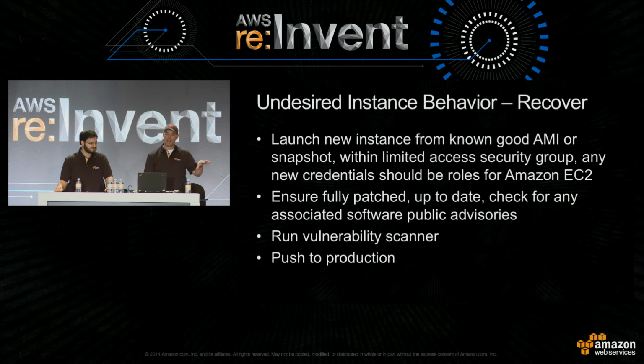Just because you've done the patching process, just because you've run, whether it's yum update, apt-get upgrade, et cetera, that's not just enough. You need to go out and understand what application this EC2 instance was running. Can I find more information about that on the internet? Is there a public advisory right now associated with my particular application? Are there mitigations and workarounds that I should be applying at this point? Once you feel that you've gotten that to a pretty good warm fuzzy state, you're still going to want to run a vulnerability scanner against this EC2 instance. Make sure that we've got everything known good taken care of, and then we'll push it to production after we've gotten all of those best practices taken care of.